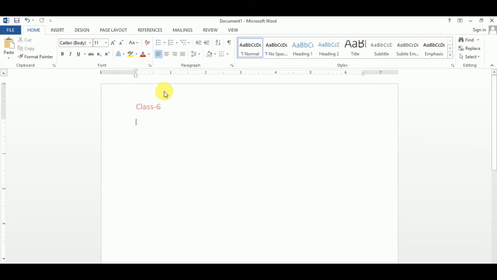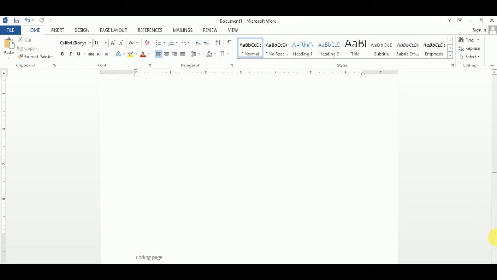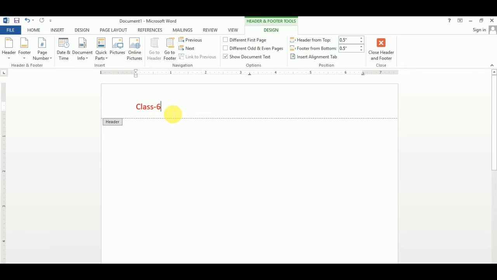Just double click on the header option. Same process: double click on the top margin or bottom margin, or on the header or footer name. You can remove the header information, or change or modify your header or footer information, just like class 6 or section 8.